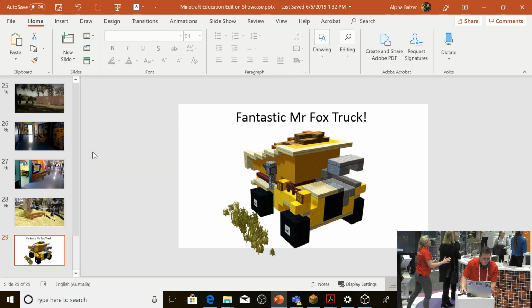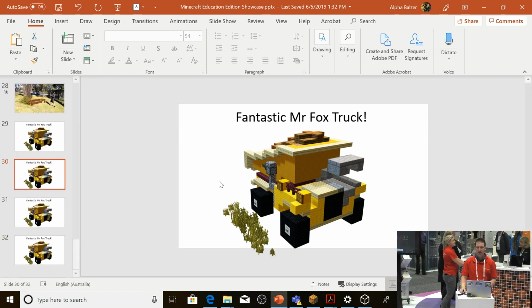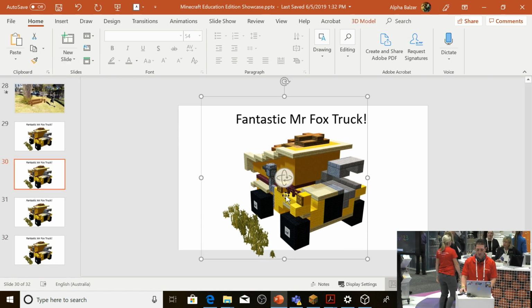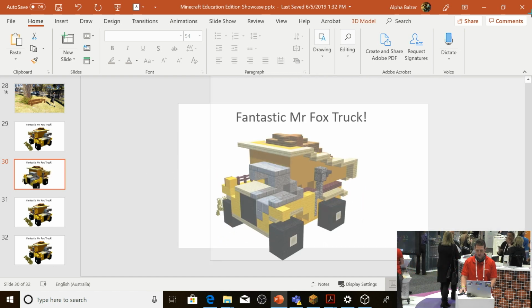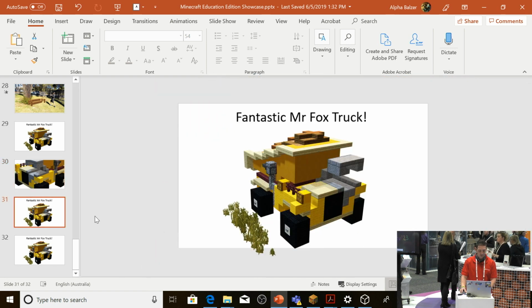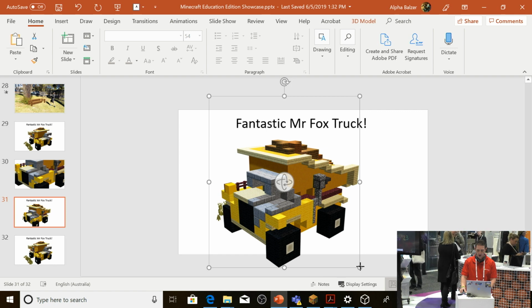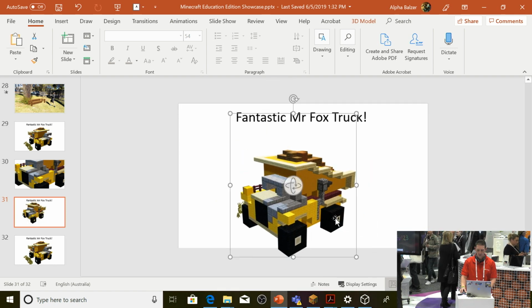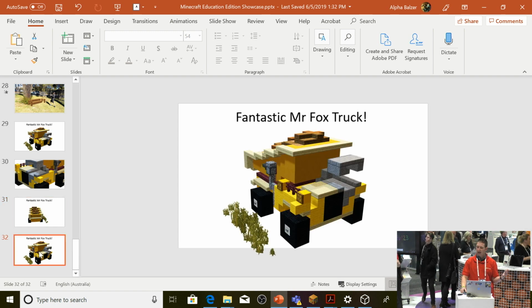So what I'm going to do is duplicate this slide 2 or 3 times. We'll do 4 times right there. And this is how you can make some really great authentic presentations. So if I move my truck like this, and maybe I scale it up so I can zoom in on it, like so, all right? And then on this one, I want to move it around, and I want to shrink down on the back side of it. Okay, let's move it to the back. And then on the last slide, I want it to go back to default.